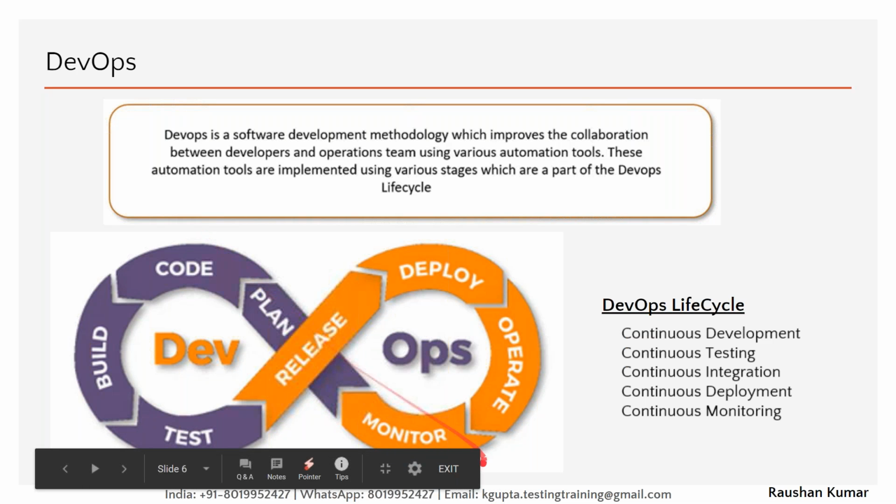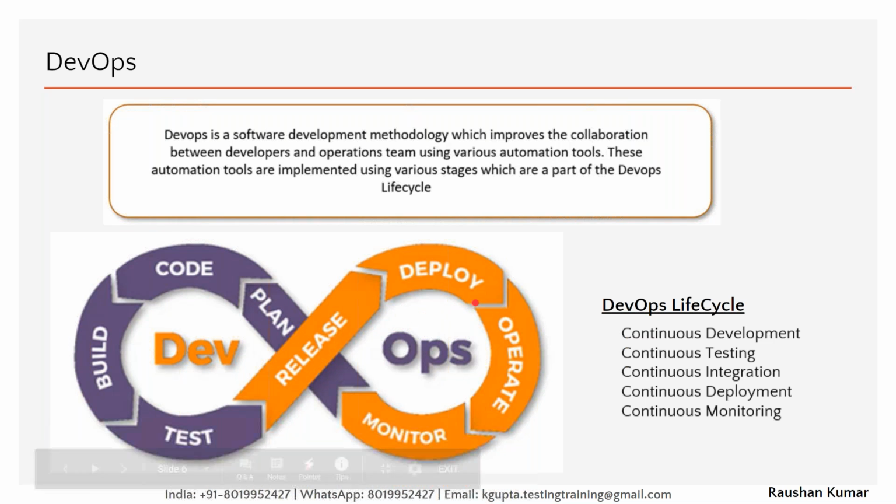And then we get the feedback. Then again, based on the feedback from the monitoring, we incorporate that feedback into our development phase, and again we start the process. And everything is automated here. That's the beauty of DevOps. Once the developer checks in the code, suppose the code is being hosted in some GitHub repository, and the